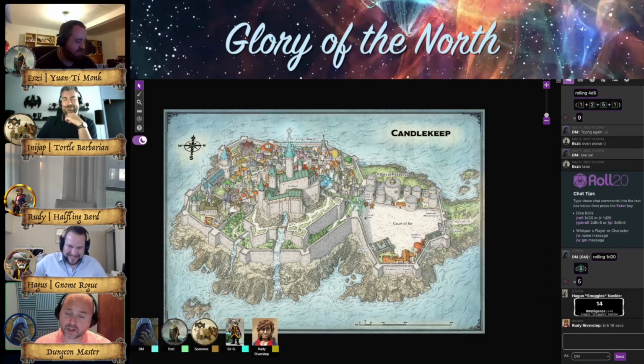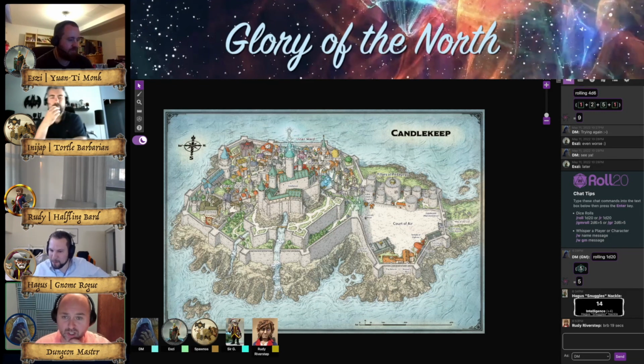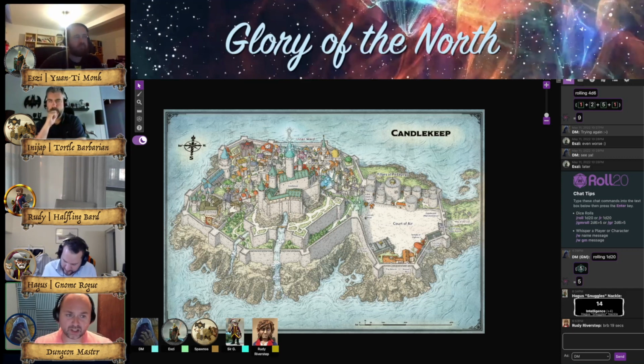So you open the door and you see this study with a chair, a desk, a bed, and small windows shedding some light from the outside. It's glass and LED windows, so you can't really see outside, but there's light streaming in from the outside of Candlekeep into this room, and that also draws your attention to all the dust particles flying around. It's very stuffy, and